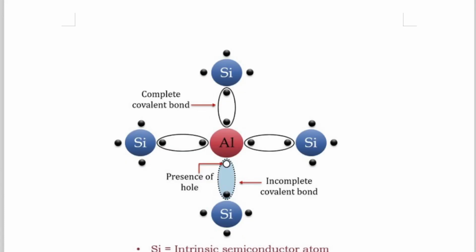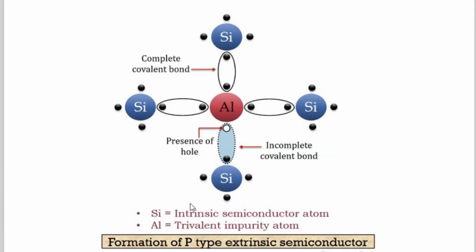So now let us go to the p-type material. Here see the formation of p-type extrinsic semiconductor material. Again the silicon structure, into which we have now added a trivalent impurity, for example aluminium. Trivalent means there are 3 valence electrons. So look at this, 1, 2, and 3. It doesn't have a fourth electron. So that is called what?